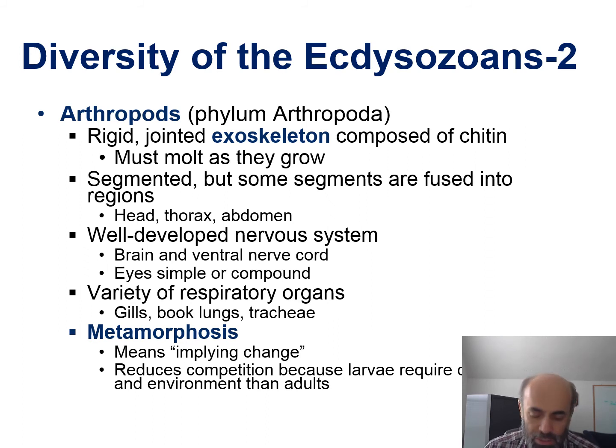Arthropods, the last very large group, belong to Phylum Arthropoda. They are characterized by an exoskeleton. Their body is segmented and consists of 3 parts: head, thorax, and abdomen. They have a very well developed nervous system and a very well developed respiratory system,